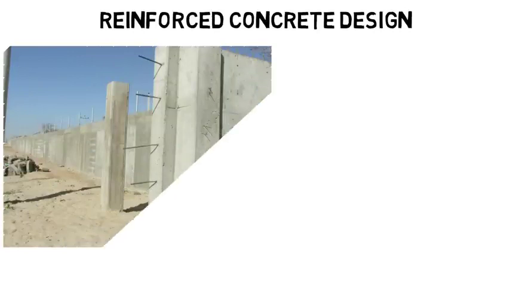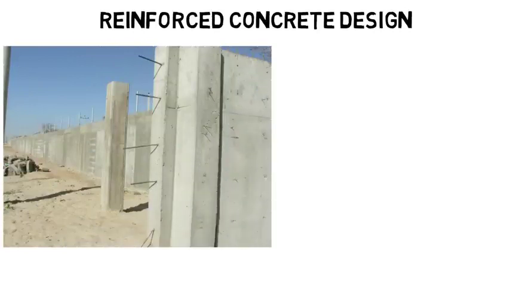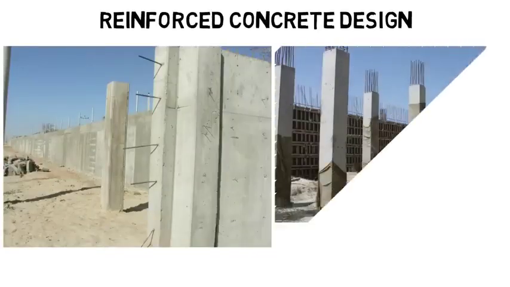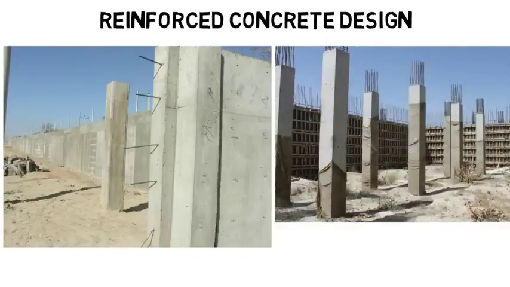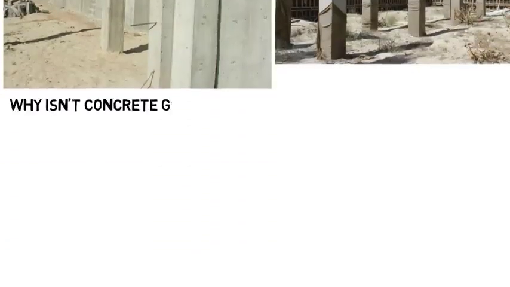One class that would be important for structural students is a reinforced concrete class. In concrete structures, they reinforce it by putting steel beams in the concrete. We can't see those beams, but here, before construction is done, you can see them sticking out. Or you can see a lot of them on these unfinished columns. So why do they do this? Why isn't concrete good enough?